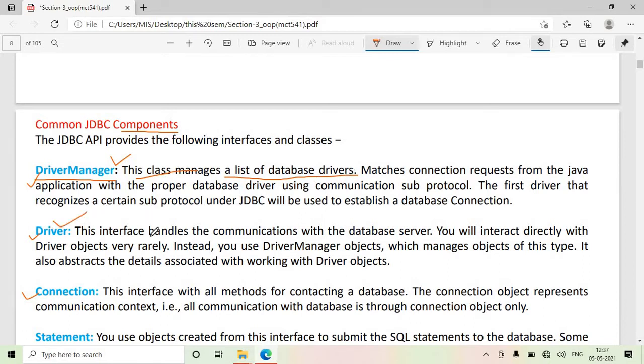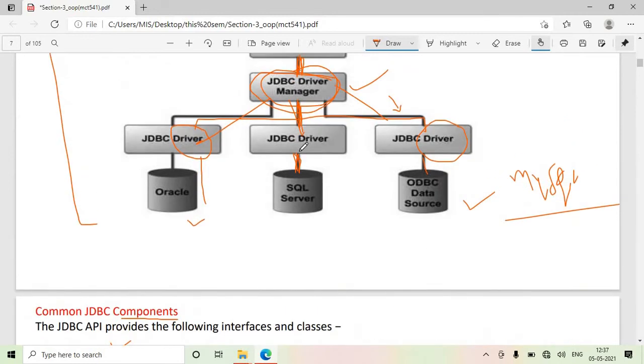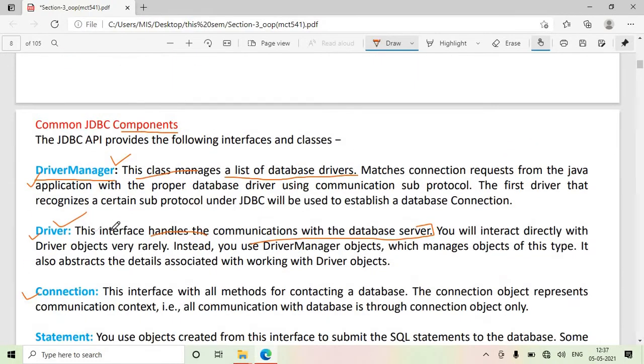Driver: this interface handles the communication with the database server. As you can see here, the driver basically interacts with your database. You will interact directly with driver objects very rarely.